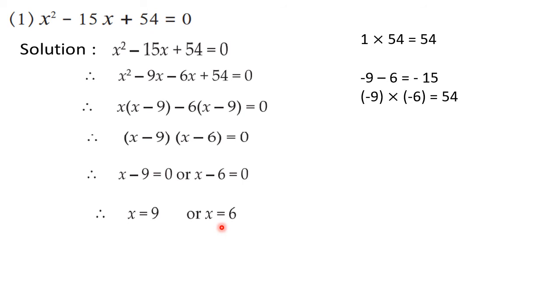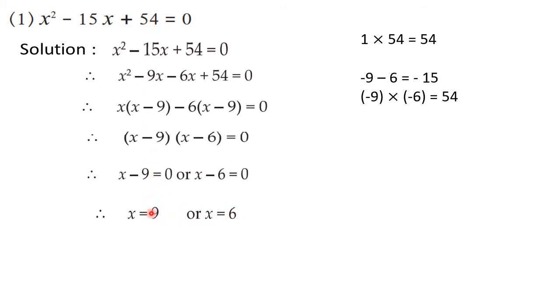Now sometimes in MCQ they will ask you the question that out of the following equations, which equation has roots 9 and 6? Then how to find this? Exactly the opposite way you have to think: 9 and 6 is there, so just put a minus sign in front of that. Minus 9 and minus 6. So minus 9 minus 6 is minus 15. So you will select the equation where the middle term is minus 15, and the last term 54, because that gives you multiplication.